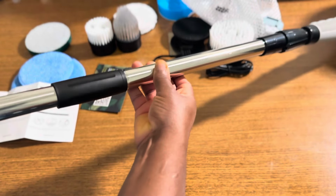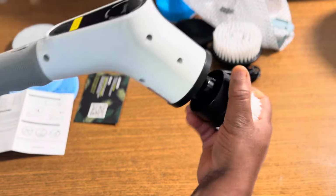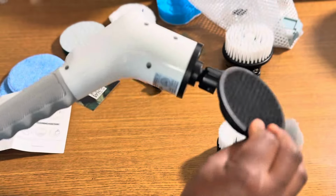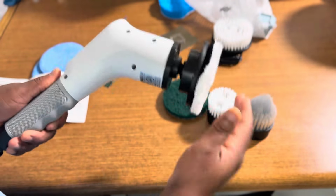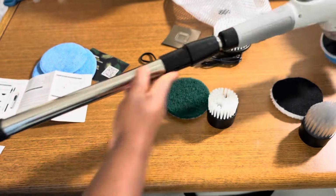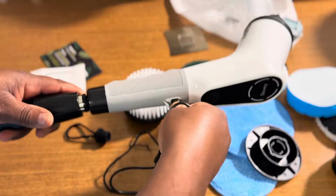First, I'm going to set this up. It is pretty easy to set up. And if you're not so clear on how to go about it, just look it up in the manual. The manual shows a step-by-step guide on how to get things rolling. Depending on your cleaning need, you can switch the attachment to scrub tough stains, wipe, or shine either bathroom walls